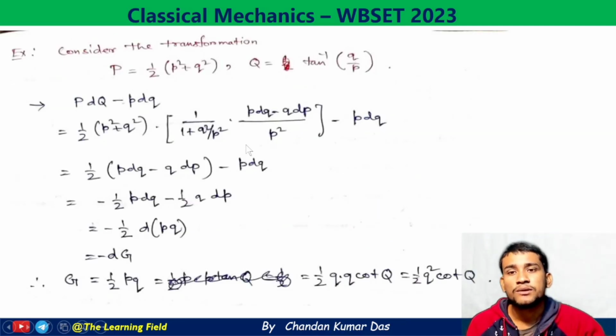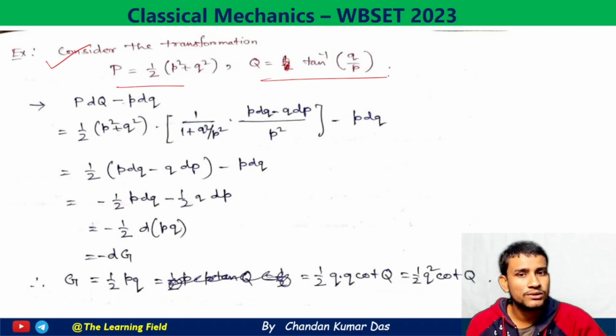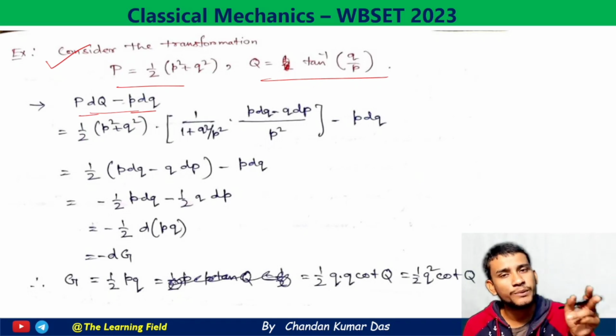Now let us take an example of a canonical transformation and also find the generating function. So here P equals this and Q equals this. So P dQ − p dq, capital and small. Here only one coordinate and one momentum is given: small p and small q are one system, and the other system is capital P and capital Q, 1 and 1. If there are p1, p2 and q1, q2, then we have to write the summation first.